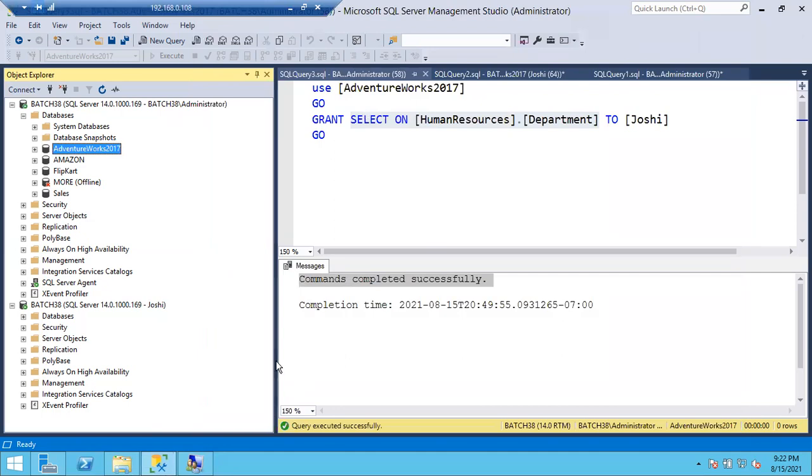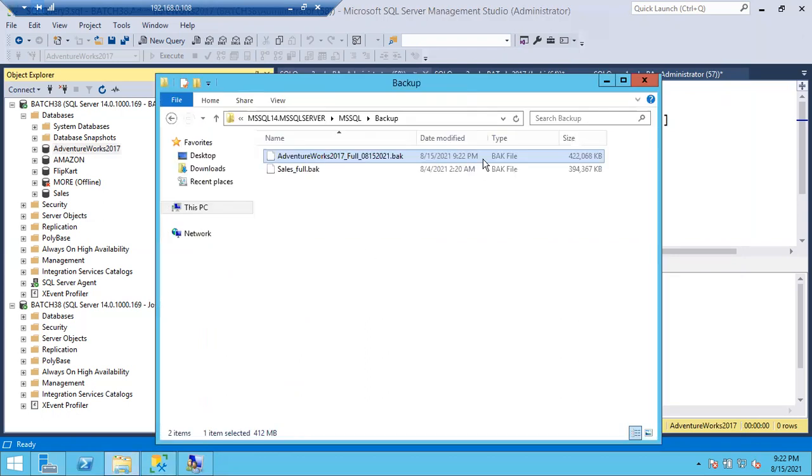So now the backup is completed. If you see here, earlier how much was it? 206, right? Now it became 412 MB. 206 plus 206, 412 MB.